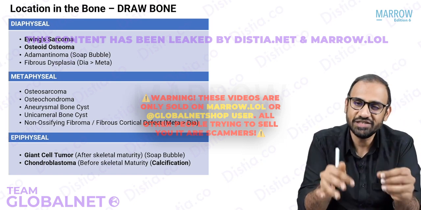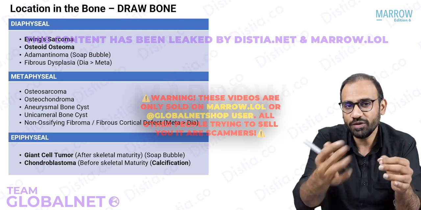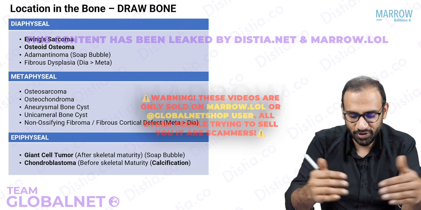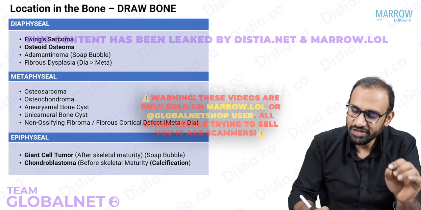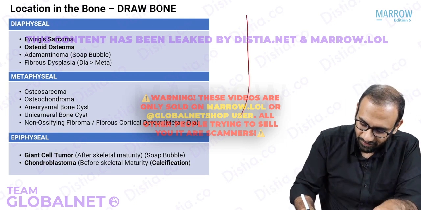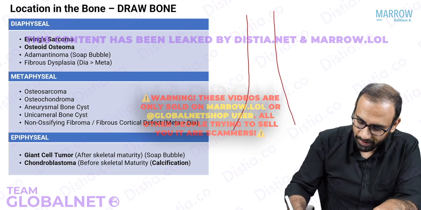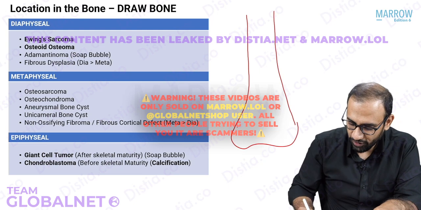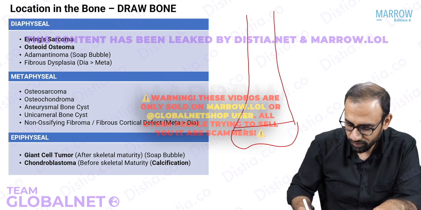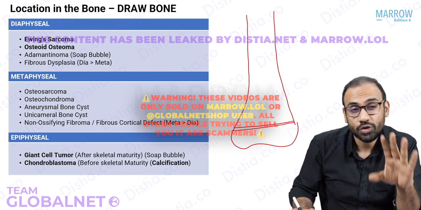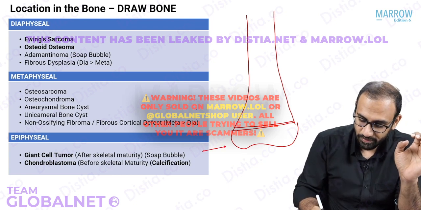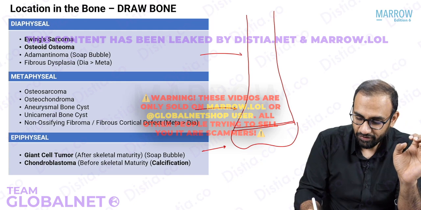I'm telling you, the challenge is to come to the diagnosis. After you come to the diagnosis, theory everybody knows. So here we have a table. To make your life easy, look at this. Diaphysis, metaphysis, epiphysis, right? And what do you have here? You have your growth plate. So this is epiphyseal tumors, metaphyseal tumors, diaphyseal tumors.